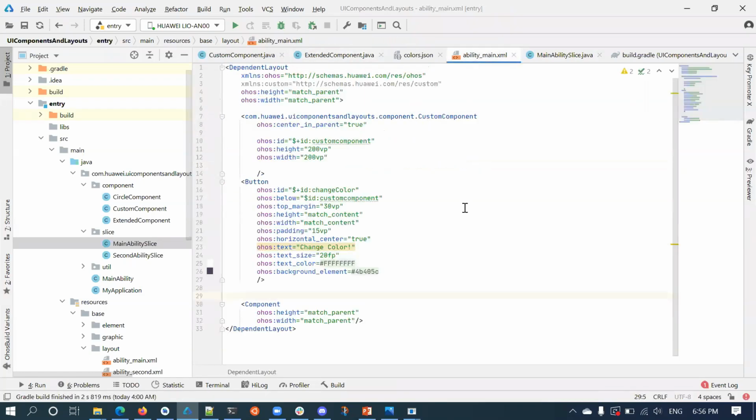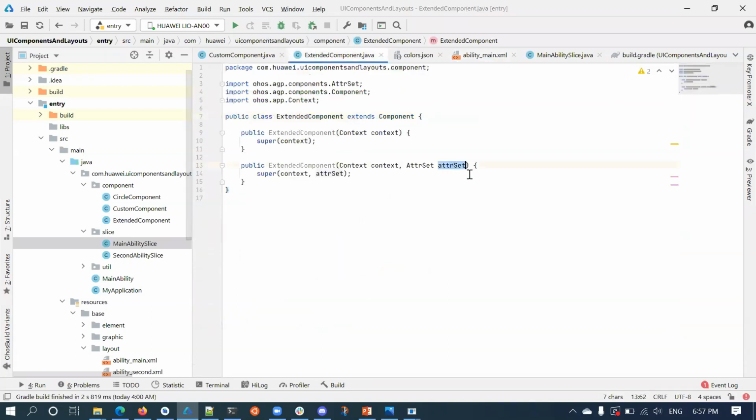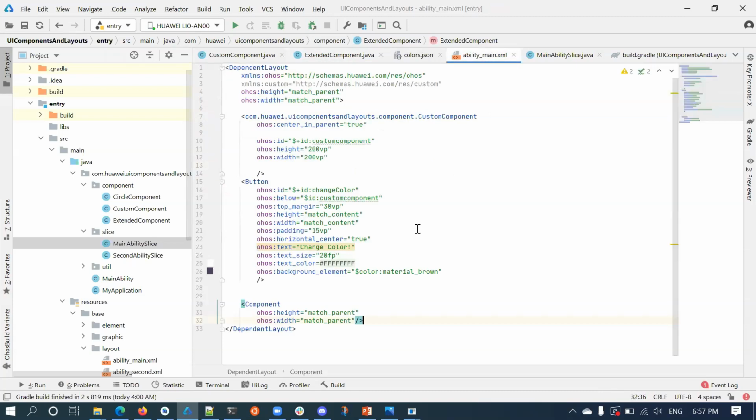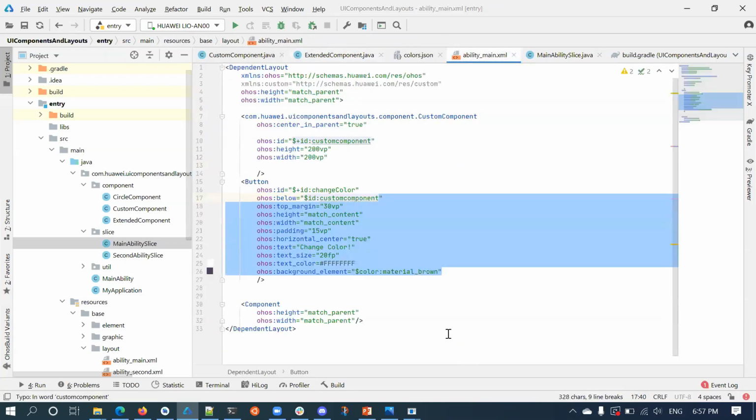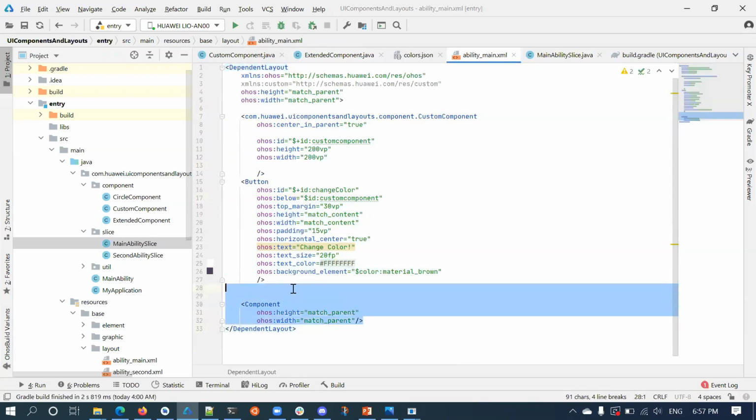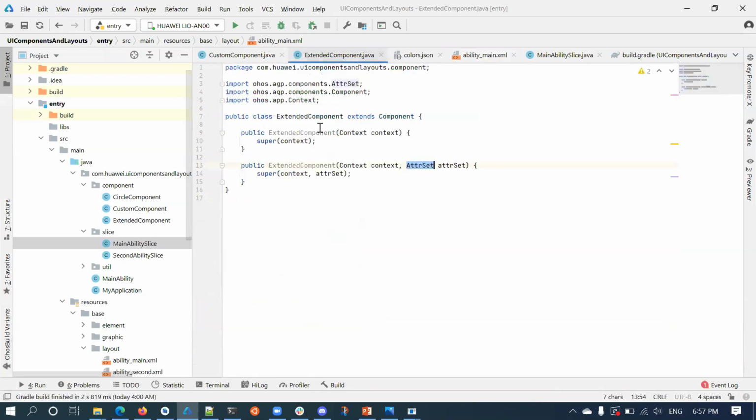When you create this component via XML, you are defining some attributes, along with other attributes like padding and config attributes specific to different layouts. All these attributes will be bundled and passed to the attribute set. You will be able to retrieve all the values you have passed from this attribute set object. That is the purpose of that attribute set variable.